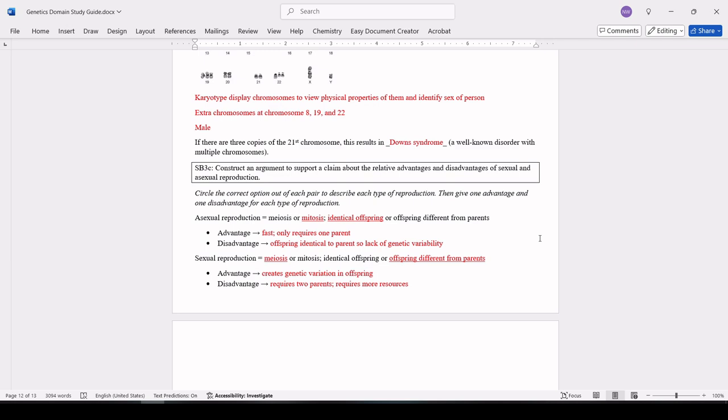And so if you look at asexual and sexual, they're opposite to each other. Also, not only in terms of the process, like whether it's mitosis or meiosis, but also the advantages of one or the disadvantage of the other. So the fact that asexual is fast, the disadvantage of sexual is that it's slow. So it's like they kind of are opposites of each other. Hopefully this has helped kind of hit the high points and put it in some more simple